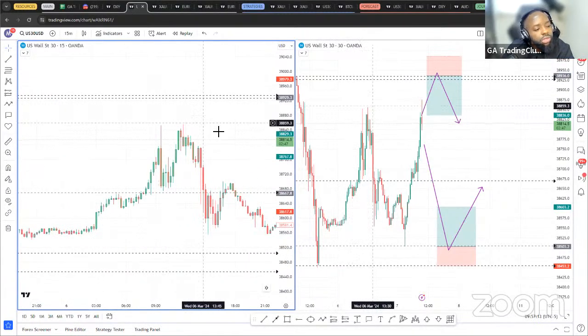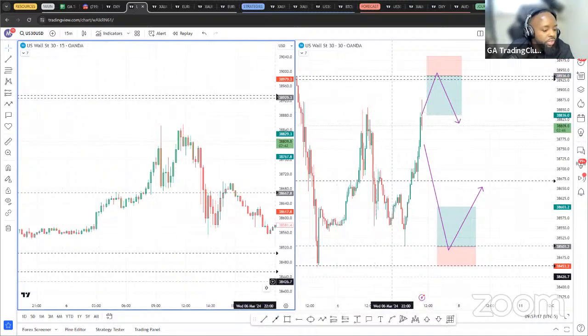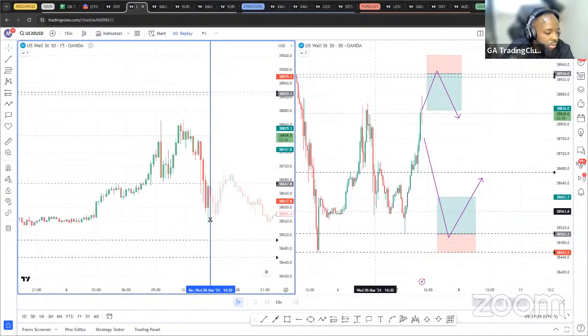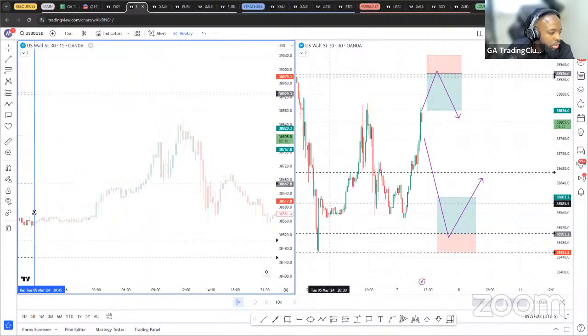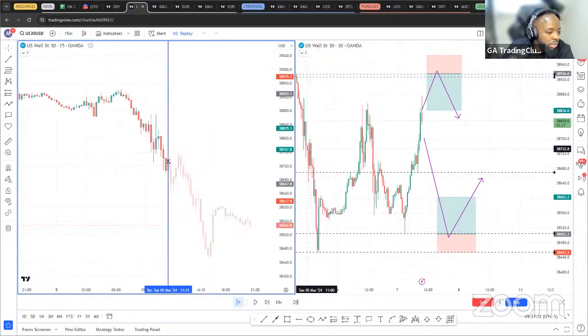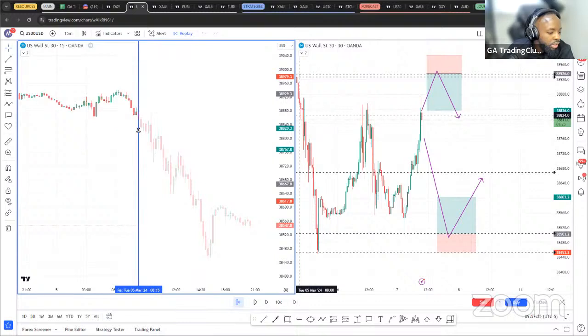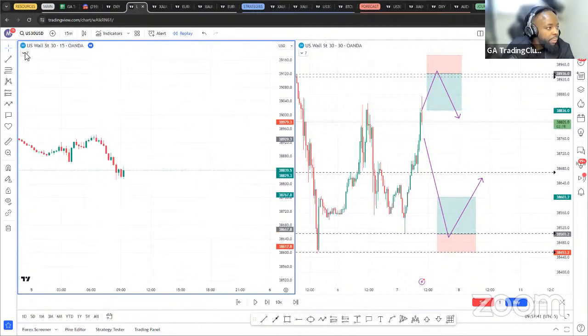What day? Tuesday. Tuesday is when we took a loss. Was it on US 30? So here, if I show you that backtest for Tuesday, if we go to Tuesday at 9:30 right here, you'll see that difference. So this is 9:15. So if we look here at Tuesday and we apply those zones,